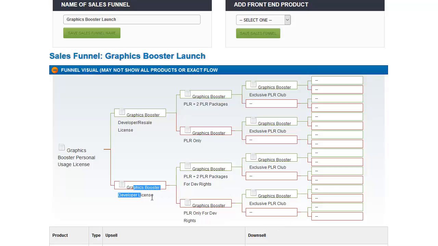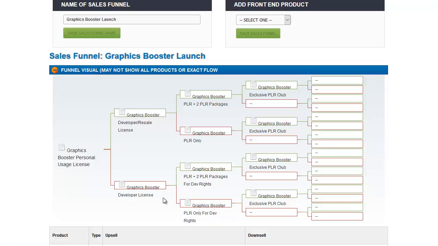What you need to do in that case is on the sales page for this product, you need to not use JVZoo's automatically generated no thanks link, which I'll show you how to get in just a second. You need to link directly to the sales page for this product. That's how you bypass this product. Anytime you want to do a downsell off of a downsell, you need to link directly to the sales page for the second downsell. And you would just put that on the no thanks link that is at the bottom